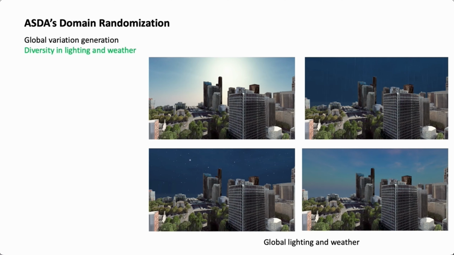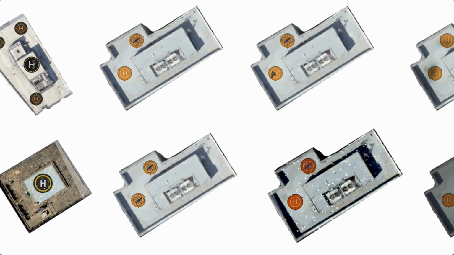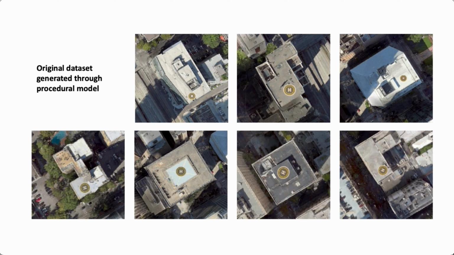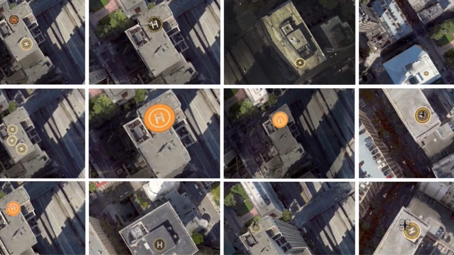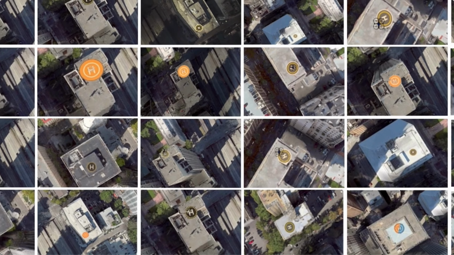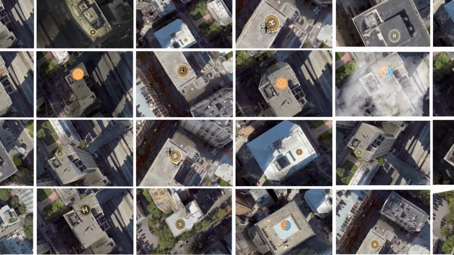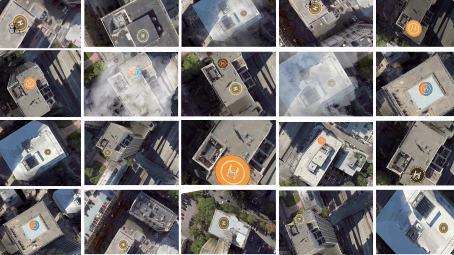Other operations in ASDA's pre-processing pipeline support domain randomization by randomly changing the global lighting and weather in simulation scenes to further increase diversity. The result of applying the additional scene augmentation operations for domain randomization increases diversity of generated data. Accordingly, the generated dataset using the original procedural model is transformed from this dataset to a vast augmented dataset. Additionally, after the data is collected over the augmented scenes, the post-processing pipeline further augments the dataset by applying image augmentation operations such as random flipping and visual effects.